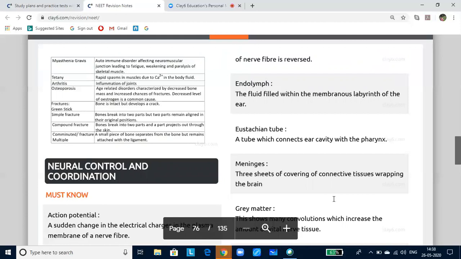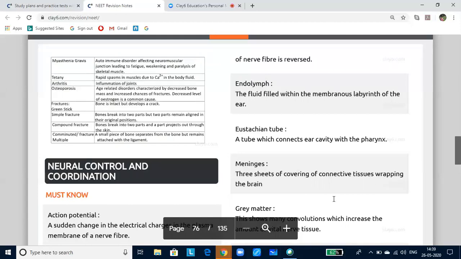Arthritis is inflammation of the joint. It makes joint painful and movement becomes very difficult. It is due to lack of synovial fluid at the joint or ossification of articular cartilage, that is osteoarthritis, or deposition of uric acid crystals in the joint cavity, that is called gout. You might have seen your grandparents, if they are very old, complaining about the pain in the knee, and that is because of arthritis.